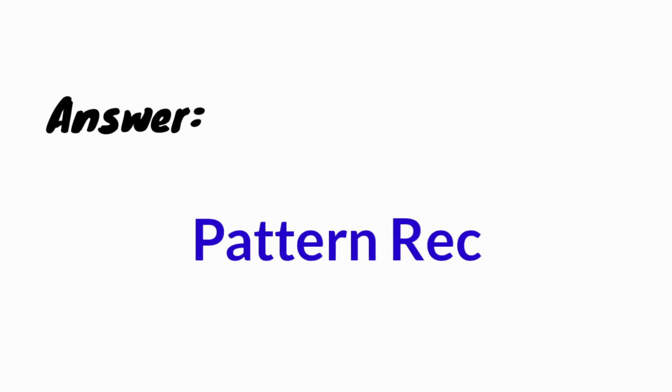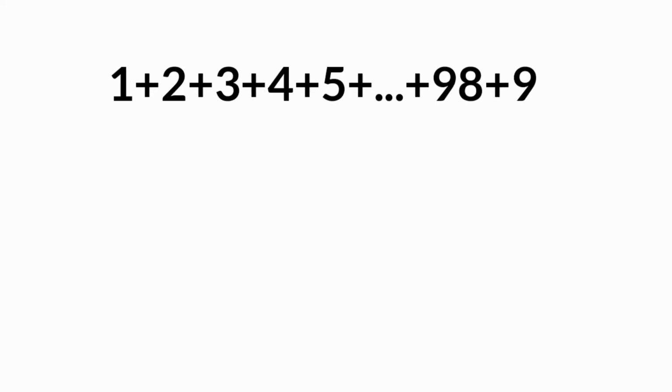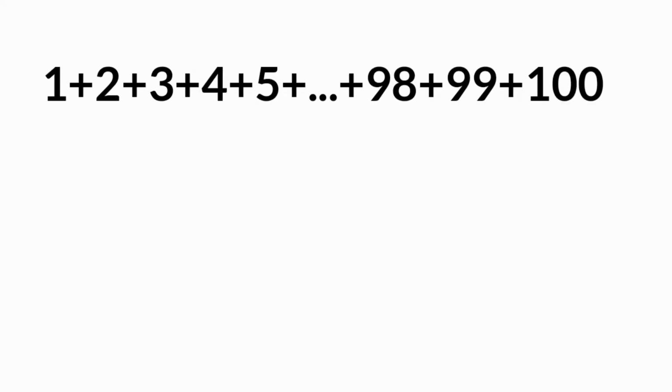Now the question is, how did Gauss find the answer so fast? What did he see that his teacher didn't? The answer is simple. It's all about pattern recognition. The problem was adding all the integers from 1 to 100. It's true that adding all that up by hand would take forever. But if we look at the series from each end simultaneously instead of left to right, we'll understand that